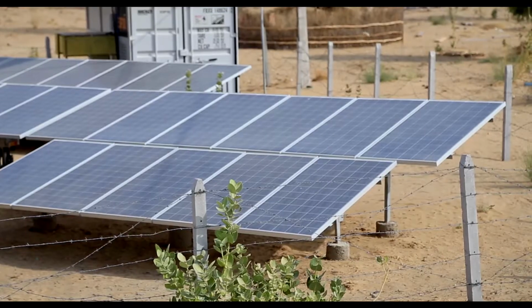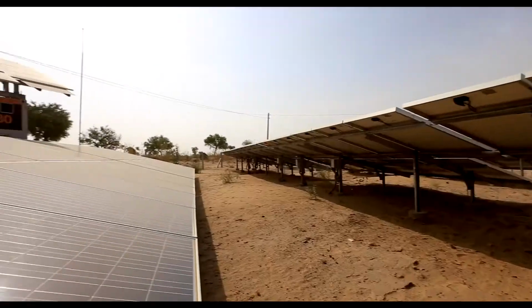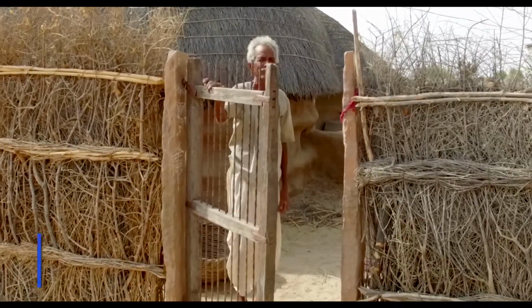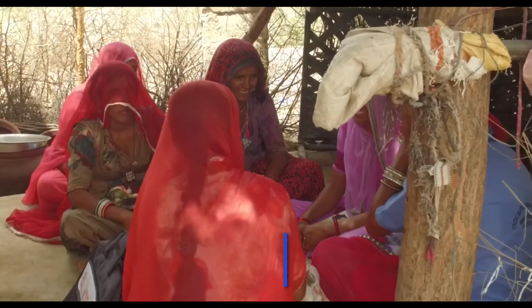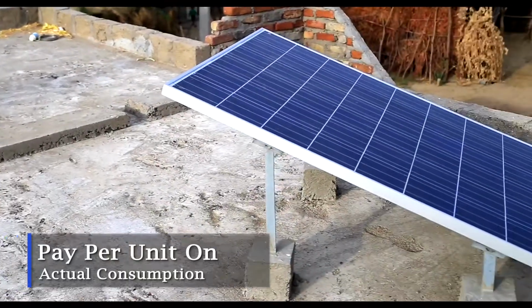population on a solar-powered electric grid, where the plant is to be owned and operated by a Village Electricity Committee or VEC, comprising community members itself, and people would pay 1/4 of the cost of setting up solar power on their